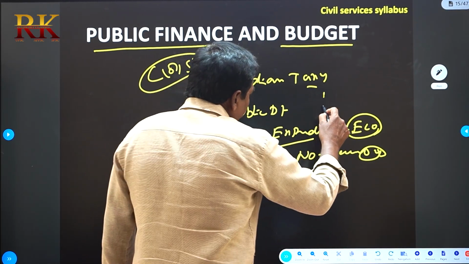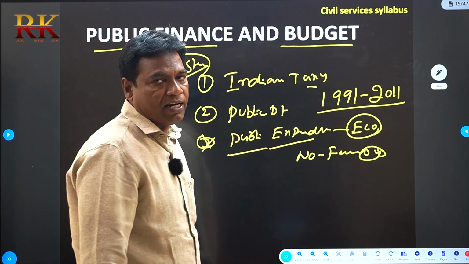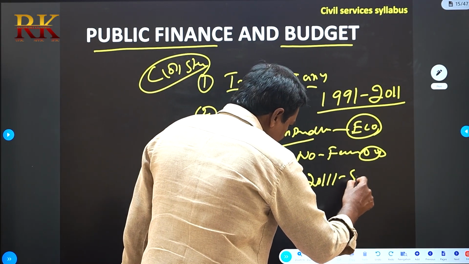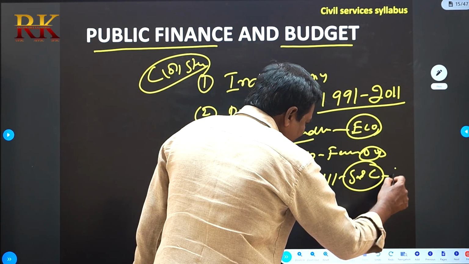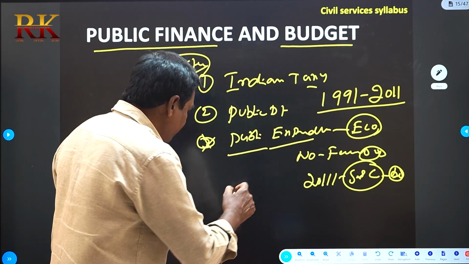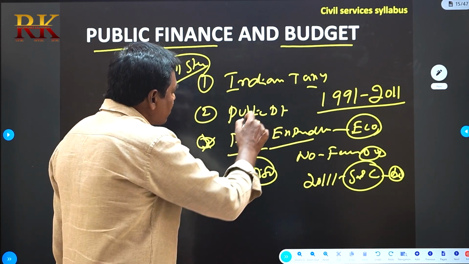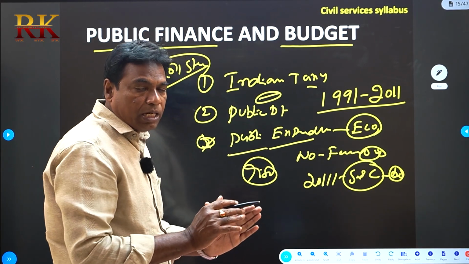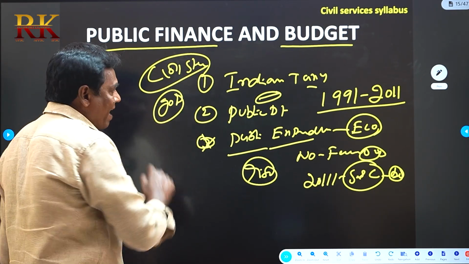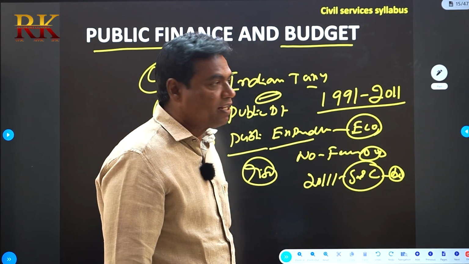From 1991 to 2011 was one phase in public finance. After 2011, the debt of states and the central government increases. When debt increases, interest payments also rise. That effect is on public finance. Public finance exposes the government sector, because the government depends upon the taxation system. Indian taxes are imposed only by the government, not by private bodies, and it is not the bank system.